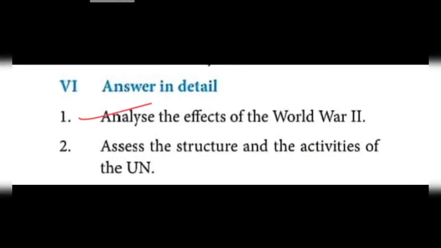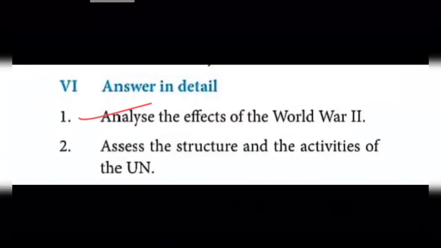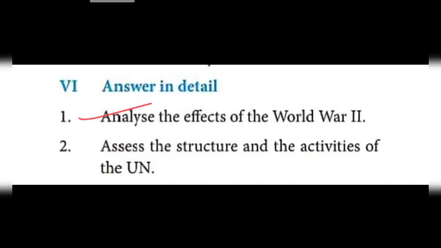Then 6-1 answer, effects of the World War. It's very, very easy. Page number 33. First line, effects of the war, that para. Under that, new geopolitical alignment is the first point. Nuclear proliferation, second point. The content also you have to write. Heading alone should not be written. This is the detailed answer, till that para ends, first to achieve independence. This much only. Okay, children, you can learn.